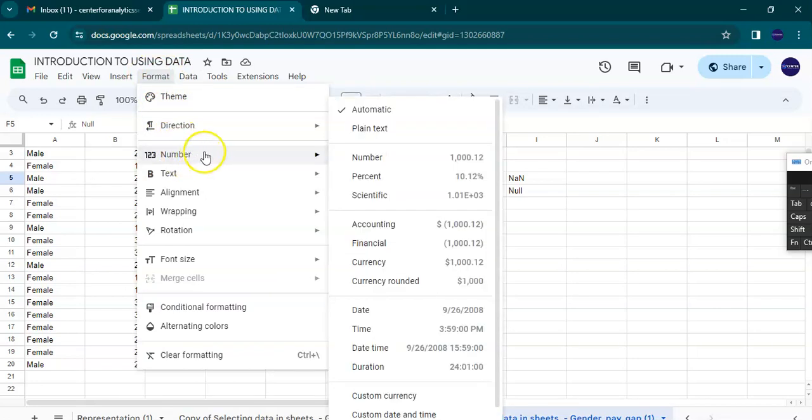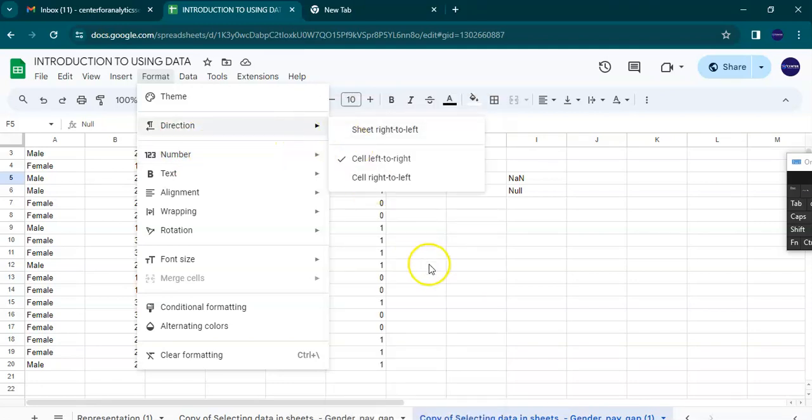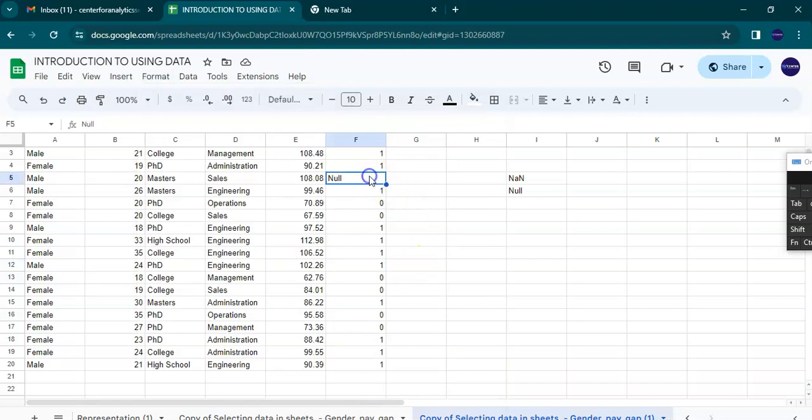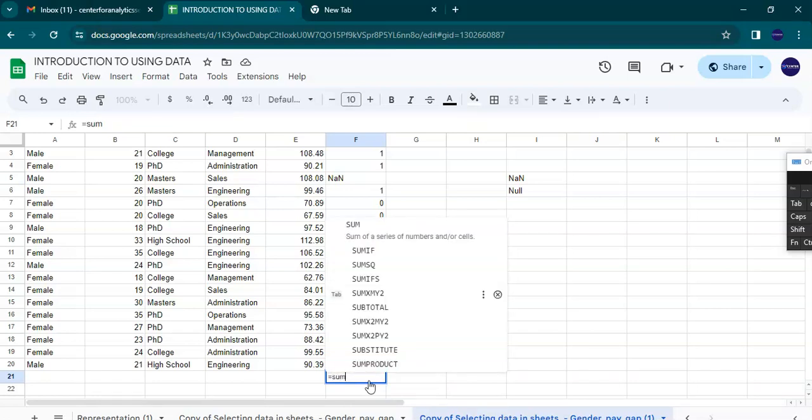Its data type is as plain as text over here. So whenever you see that over here, make sure you impute this to NaN statistically, because this NaN usually aligns itself with quantitative data. If you see NaN over here and you perform any analysis, if you want to find the sum of the entire column,